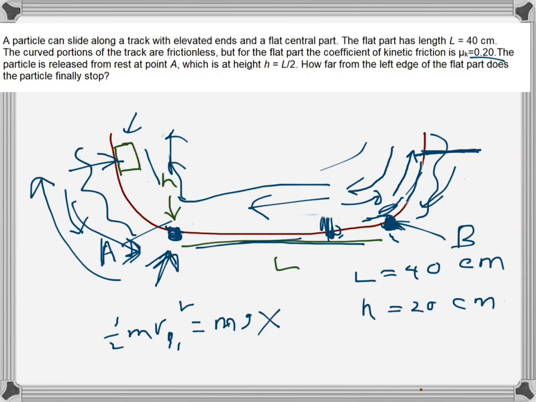But that velocity, as we saw before, will be the same, because all this kinetic energy is converted into potential energy when it reaches there, and then all that potential energy is converted back to the same kinetic energy when it reaches here. At this point there is no potential energy, it's all kinetic energy. So we know what VA2 is. So we can write VA2,